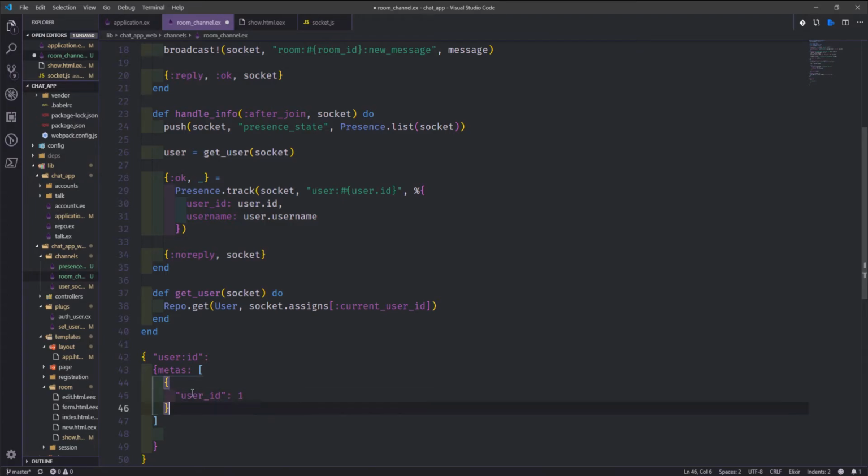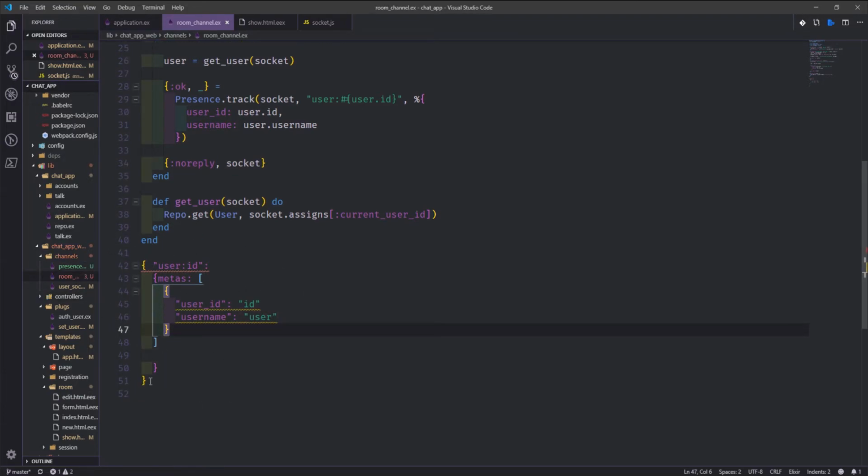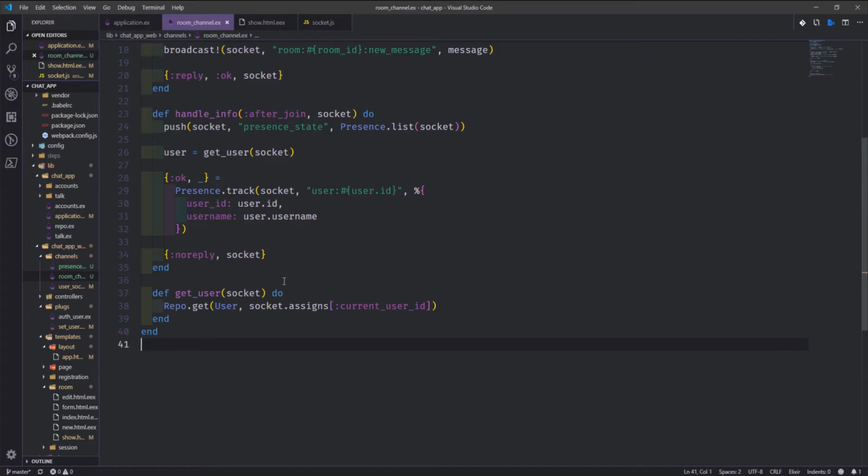So in this case, it'd be ID and then the username, and we'll just say user. And then this would repeat over and over again. So we can then access this from our JavaScript and use it to show all of this in the